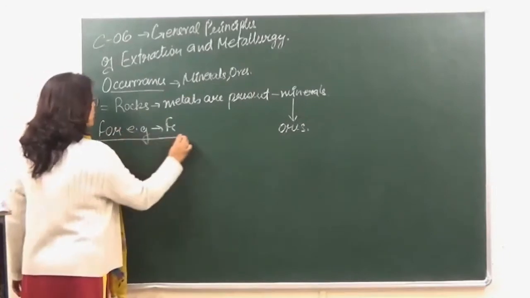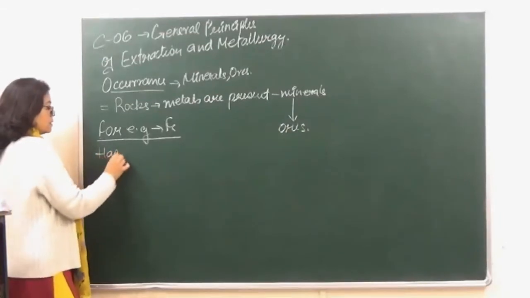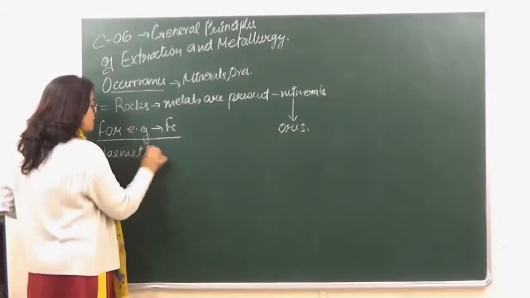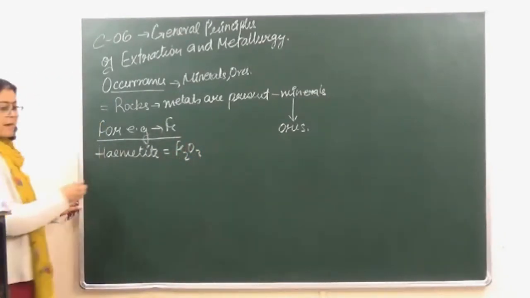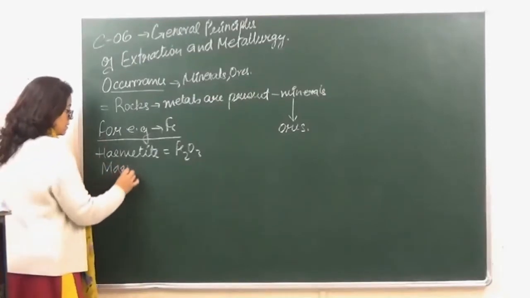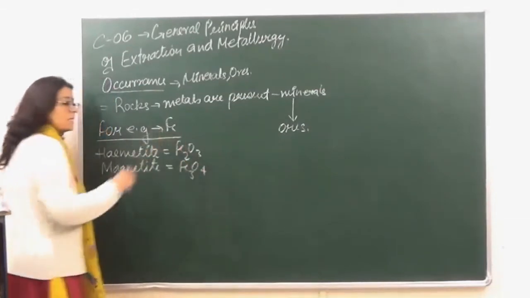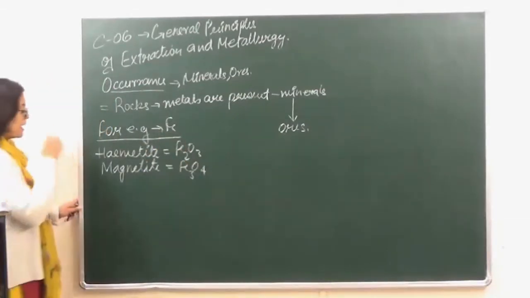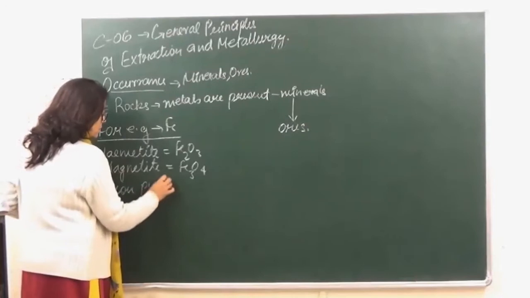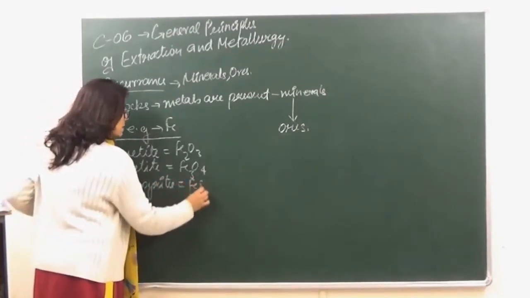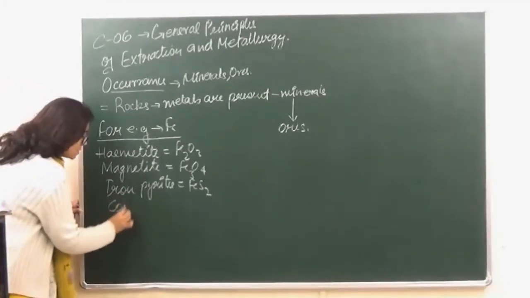take the example of iron over here. Iron के बहुत सारे minerals हैं, जैसे we have hematite. Hematite, which is Fe2O3, ठीक है? Then we have magnetite, which is Fe3O4. फिर उसके बाद we have iron pyrites, which is FeS2, ठीक है? फिर उसके बाद हमारे पास आ गया कॉपर पायराइट्स,